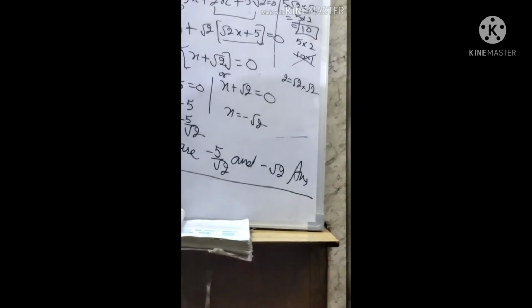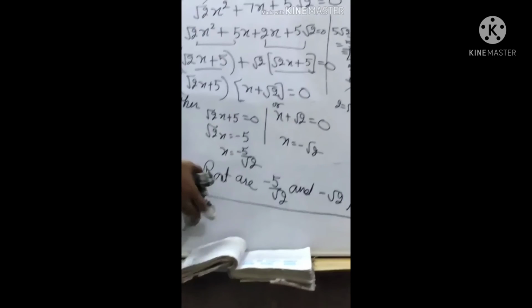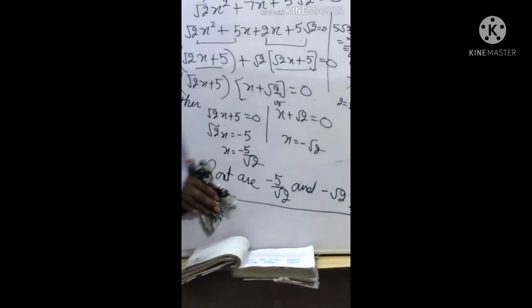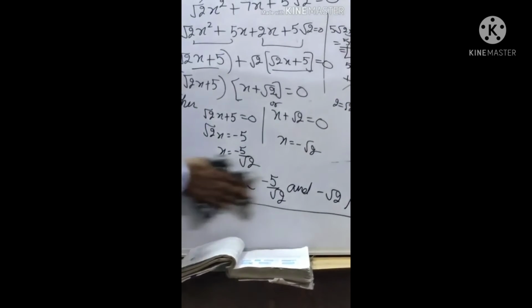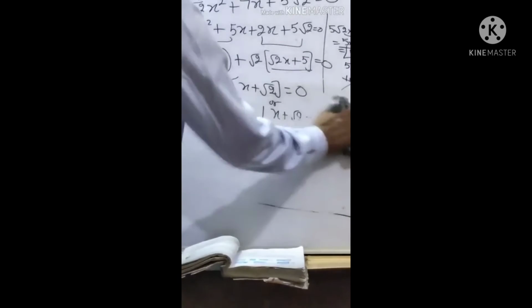Understand? One more I am taking, that is a fraction part. Clear this problem? Now one more part I am doing, so that the concept will be clear and there will be no problem. So it was the third part, and the fourth part I am solving. The fifth part you will solve at home.